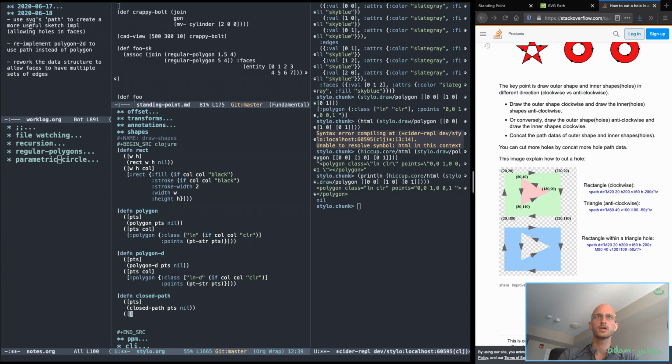do here points color. It won't be polygon, it'll be path instead, but it'll otherwise have a similar shape to it. It'll be class line if color, otherwise clear. That's the class that it'll have. And path, it has D there, and it'll be